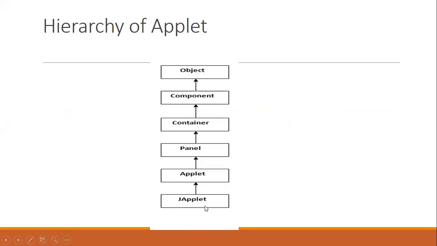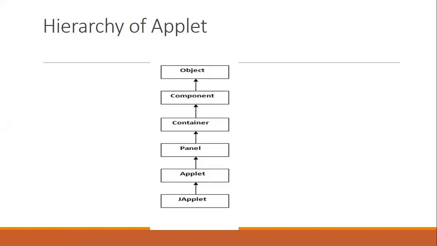So basically, applet is like a container. It contains all the elements. In our swing session, we have seen that we need to create a frame first, and inside the frame we can add the text box, the button, the checkbox and all other components. Similarly, here we can create an applet. Inside that applet, we can add all the other components like text box, buttons and all.